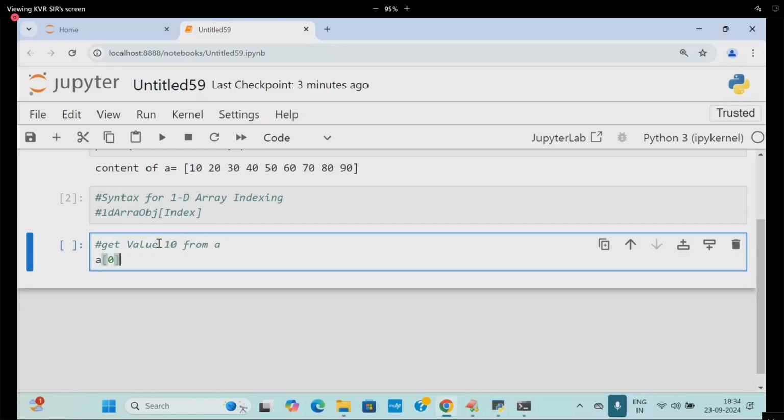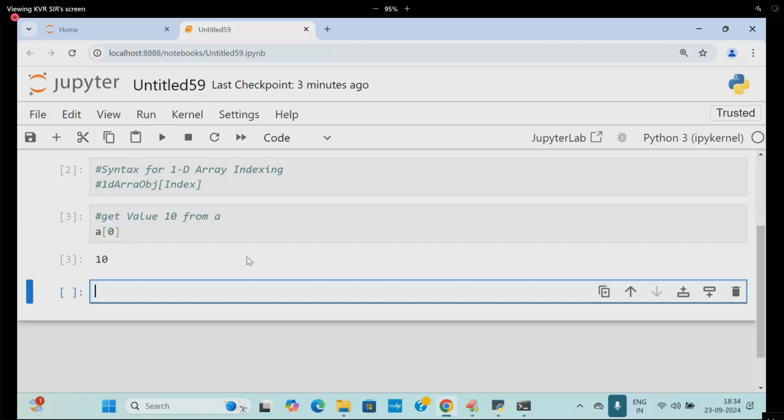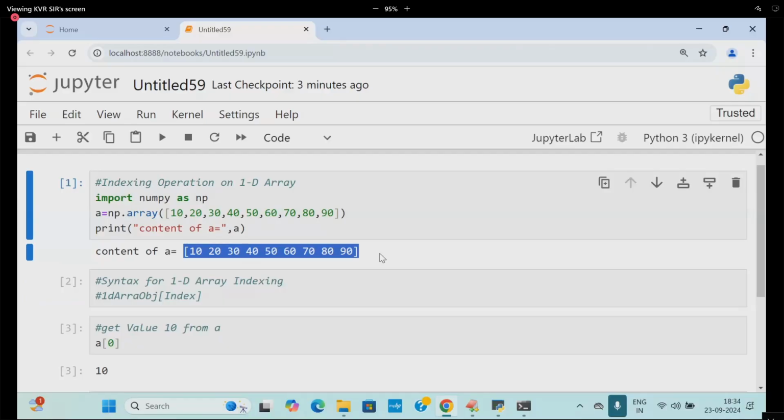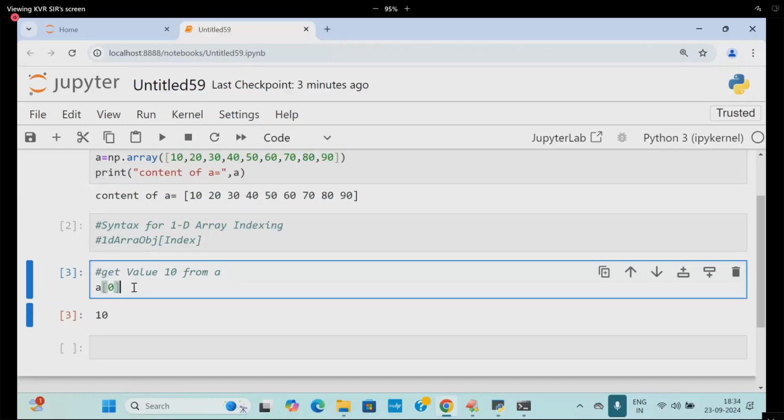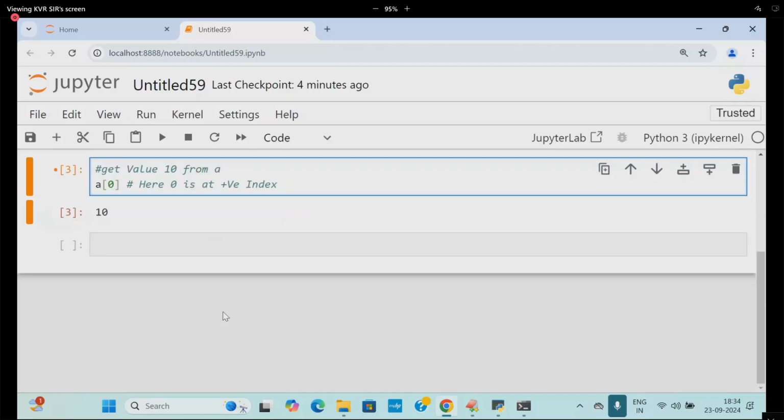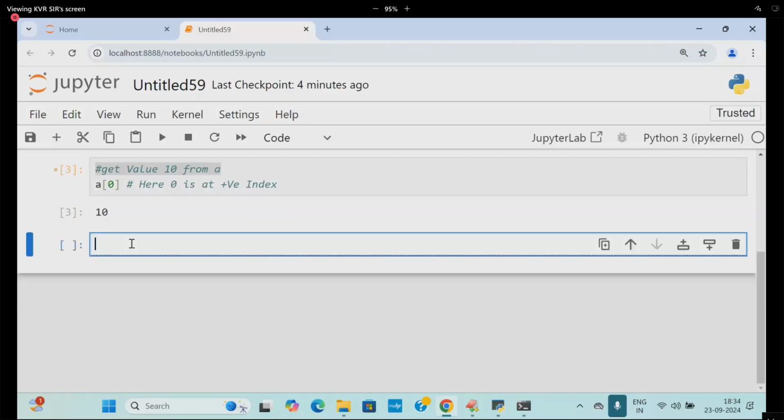Suppose I don't know how many elements are available. This is with a positive index, where 0 is a positive index. Now I want to get the value of a another way, with a negative index. Actually, I don't know how many elements there are, so simply I will go for len of a.